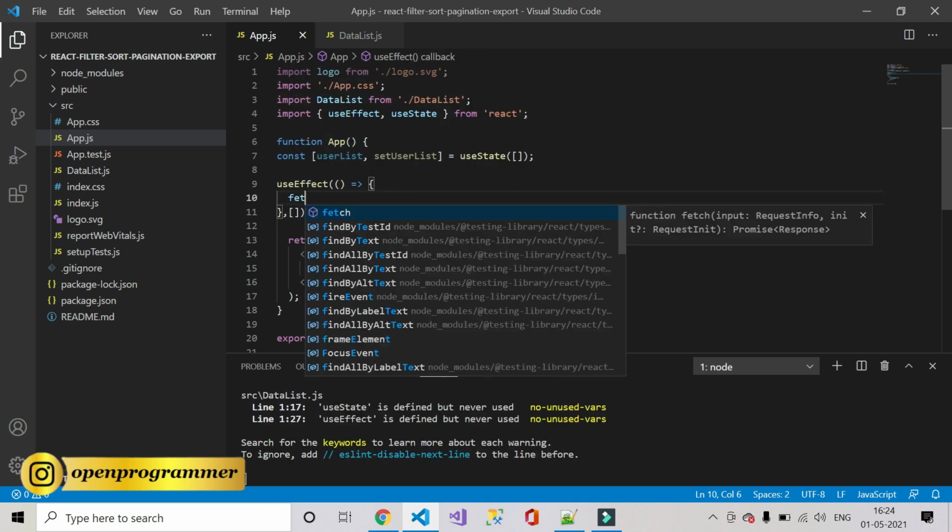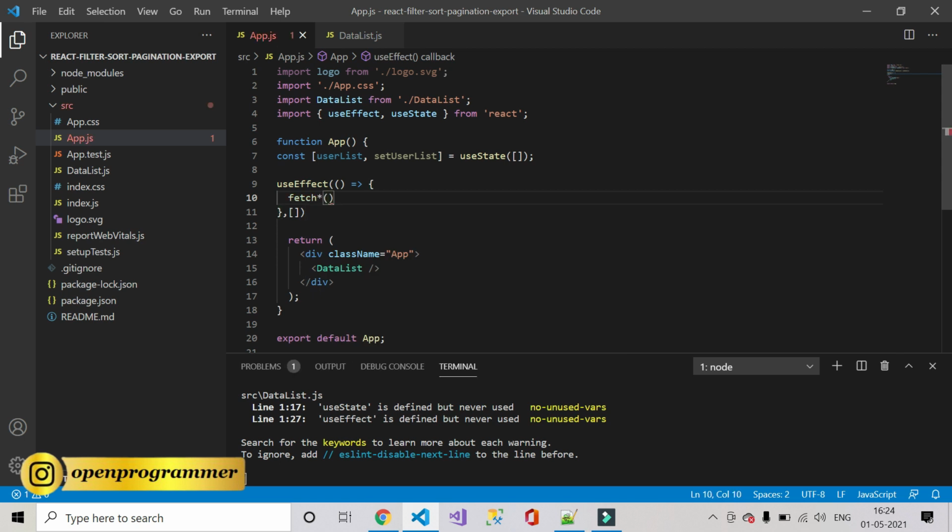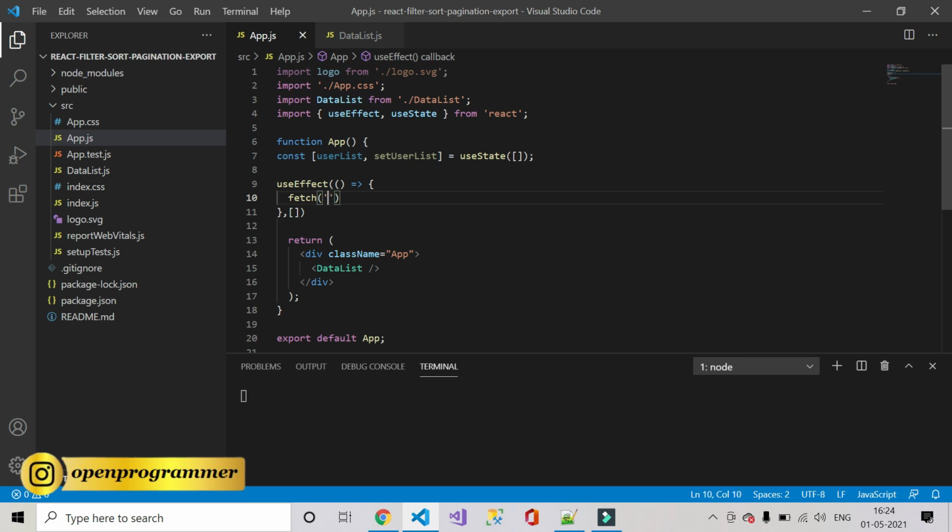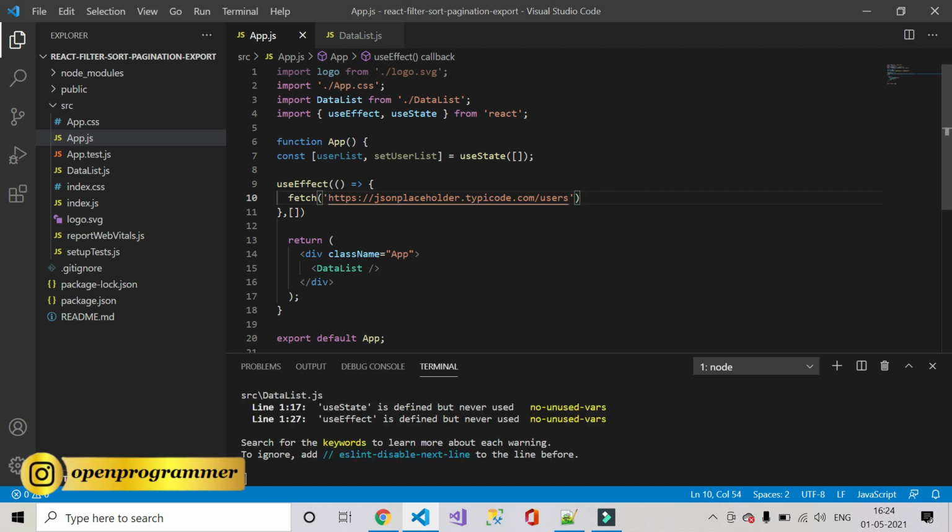So here we will use an inbuilt API which is fetch. You can also use Axios. For that you need to install a separate package. So I'm using this inbuilt API, that is fetch.